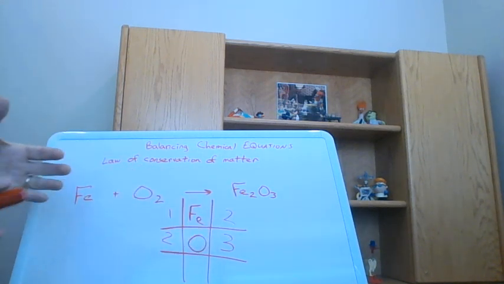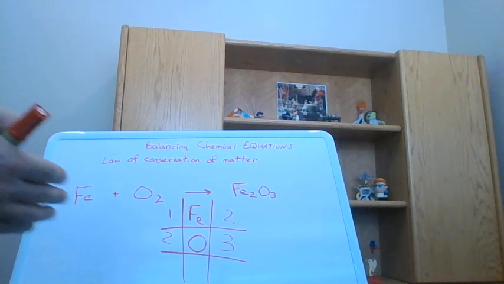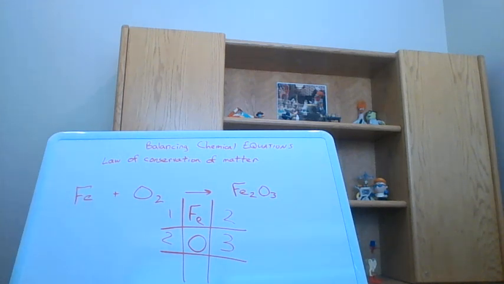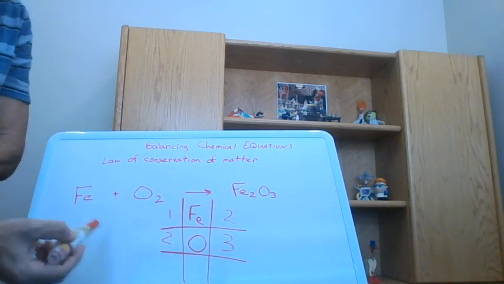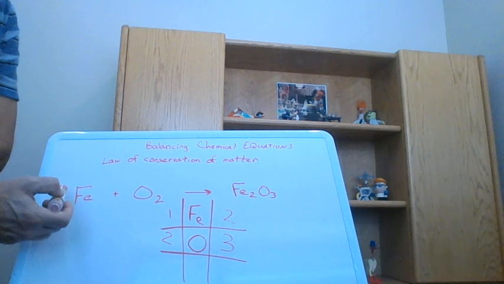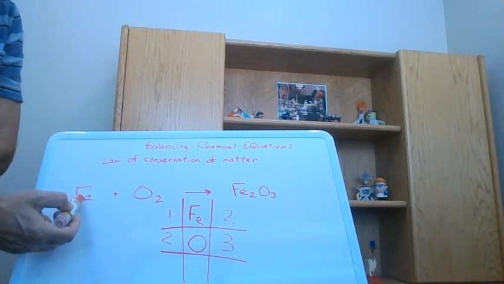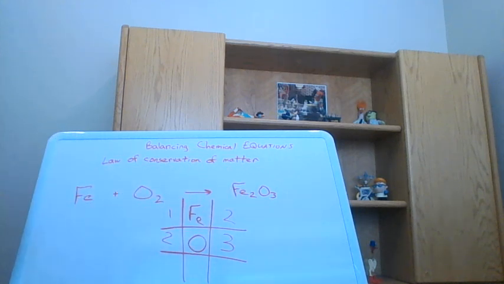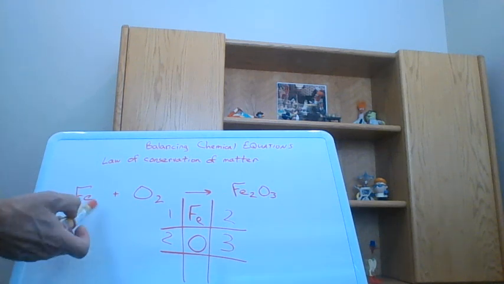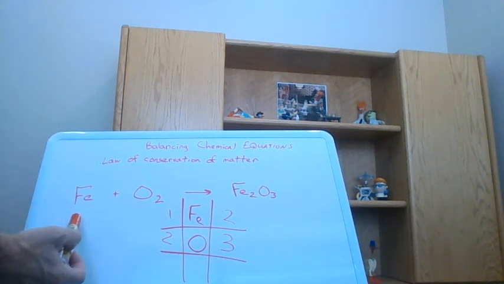So we have to do something to make this balance so there's an equal number on both sides. What we can do is change the coefficients in front of these molecules here, or these atoms. So we could put a 2 here, and that would say we have 2 iron atoms. All we're doing is changing the coefficients till we have the same number on both sides. The difficulty with balancing equations is there are no real set rules on how to proceed. What I would recommend is that you leave anything that's elemental to the end,